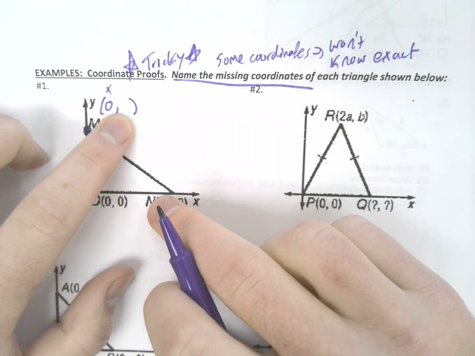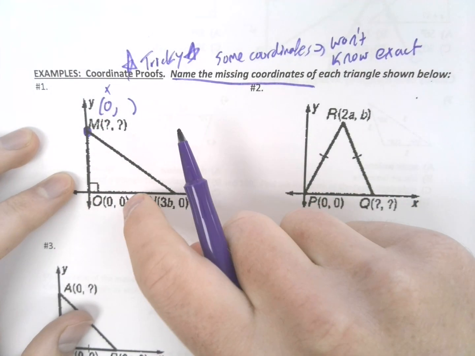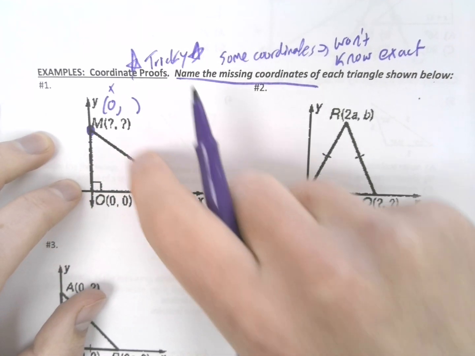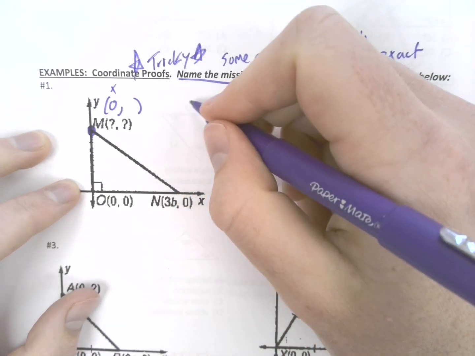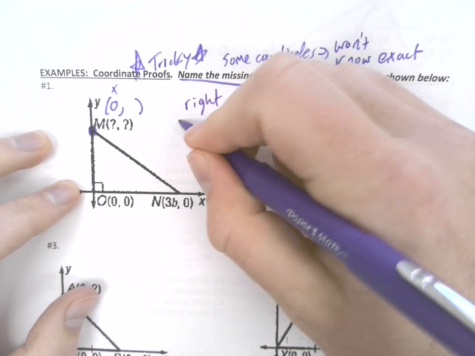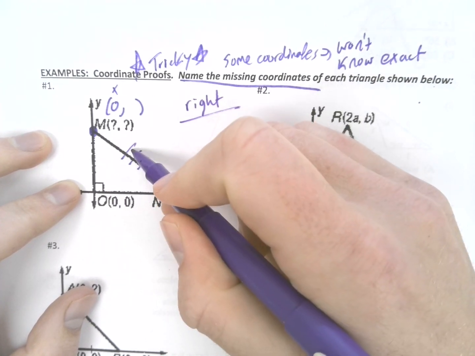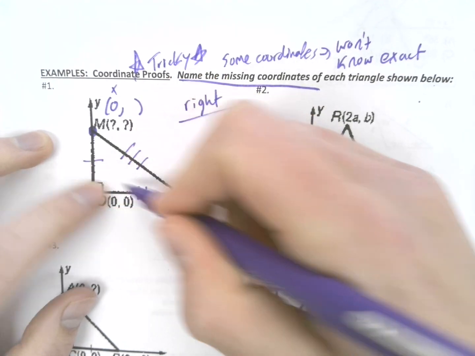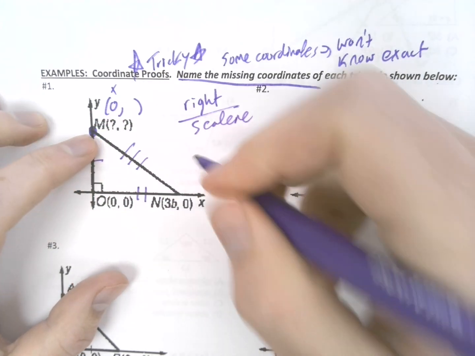Now, for the y, this is the tough part, guys, because we don't know that this side is the same as that side, and we obviously know this side's going to be big. That's our hypotenuse. This is a right triangle, but along with this side being different, we have to assume that all three sides are going to be different. So we get to make up